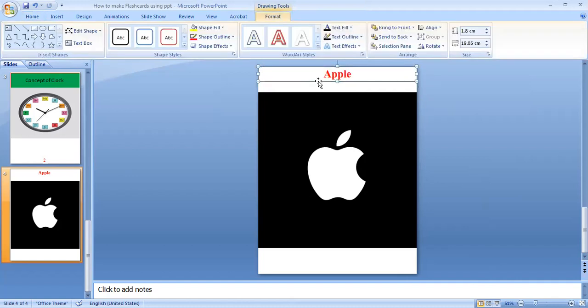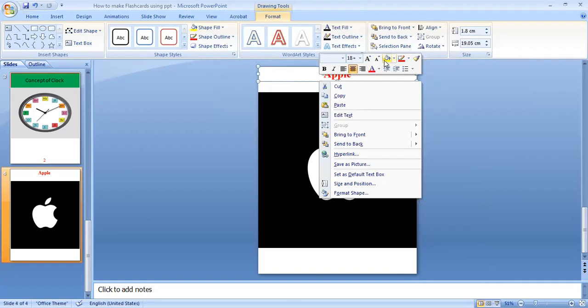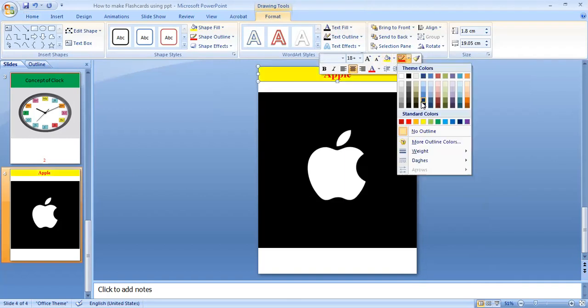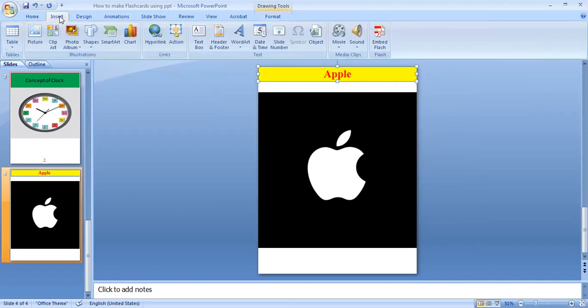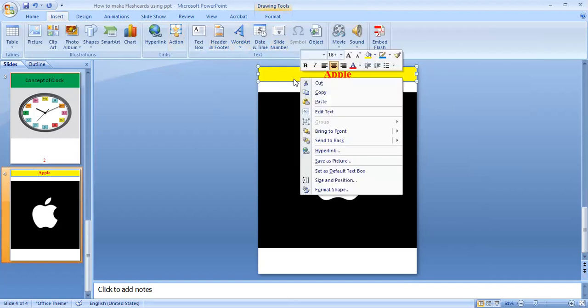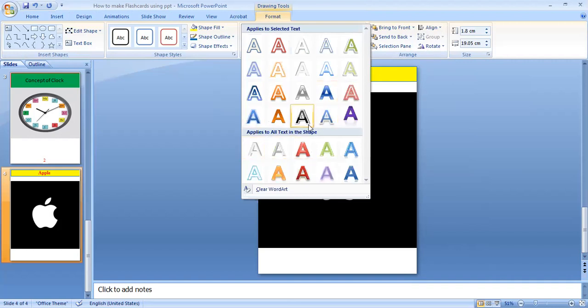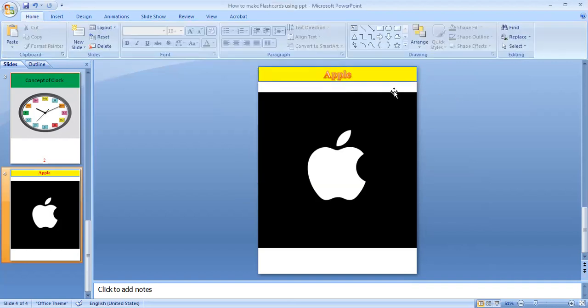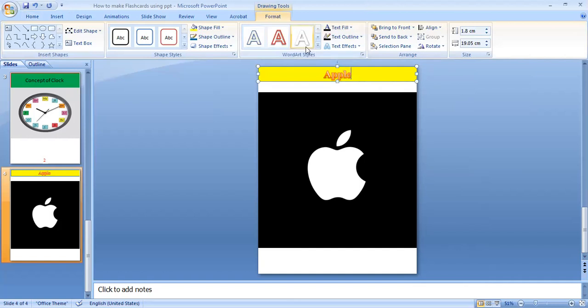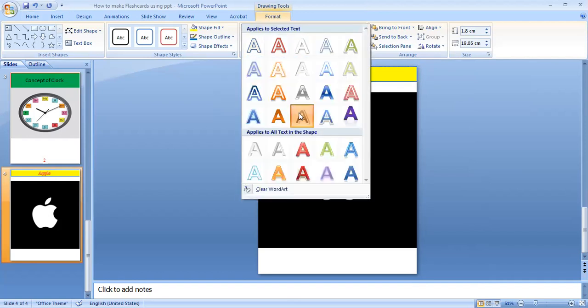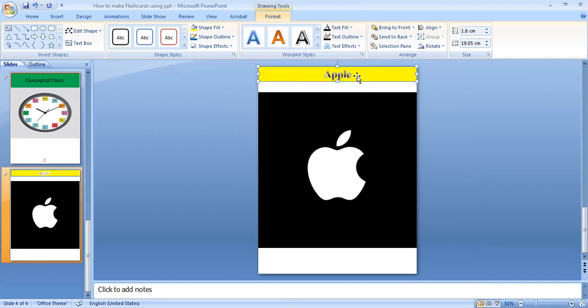I can also change the background of this one, so I can select yellow color, and whatever color you want you can select. There are more options. If you select this one, for example, more formats are there. Here some writing formats are there. You can select lots of formats. Suppose I select this one, so my writing portion is different. Suppose I change this one, for example I write in this part. So if you select, lots of things are there.